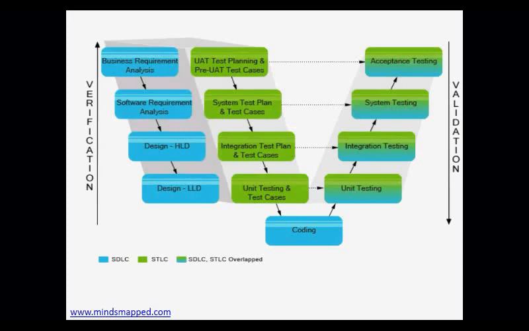There are different types of test steps which we follow in validation. As I told you, there are different types of testing which we do: functional testing, white box, black box, gray box. So there are different types of test cases which we would be writing. When we write the test cases, we make sure all the test cases are mapped